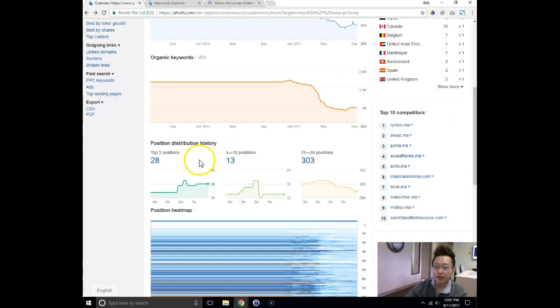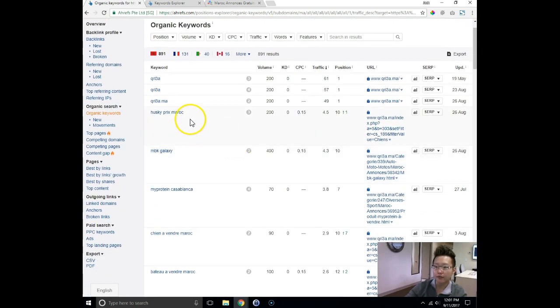So right now, if you look at your website, you'll be able to pull up exactly what kind of keywords you currently rank for, right? So it makes sense that you rank for the phrase QRI3A because that's your brand, right? And you hold the #1 spot. But you can see phrases like Husky Pricks Maroc, and I know that's just like a classified ad that you currently have,